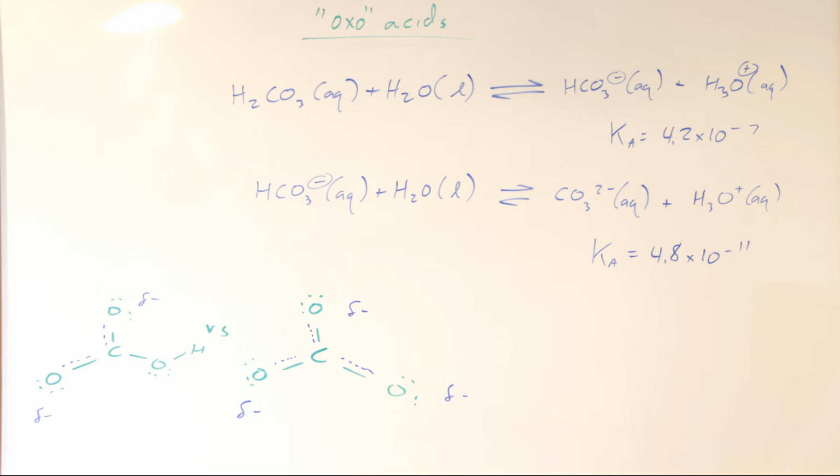Okay, so good rule of thumb. It doesn't always hold, but it's a good way to look at it to start with. The second dissociation, the second deprotonation, the second proton donation is usually about 10,000 times less favorable. And that's the case here. The second one, the equilibrium constant, is 4.8 times 10 to the minus 11, so almost exactly 10,000 times less